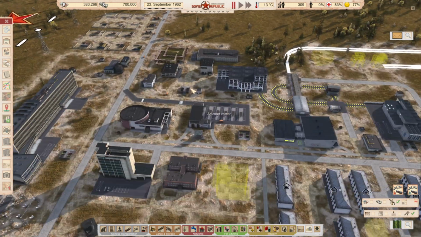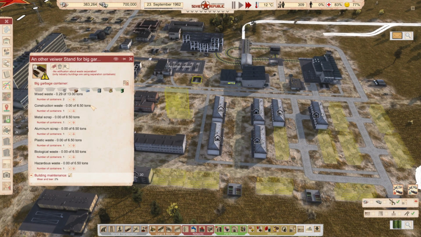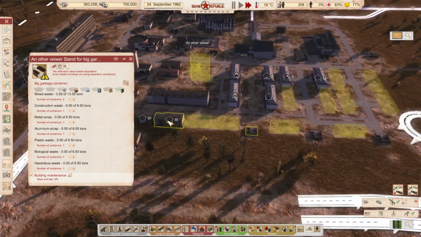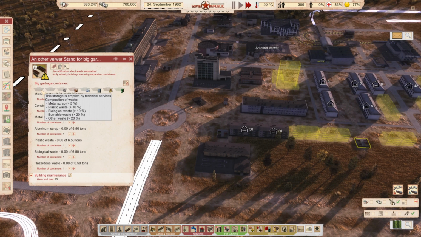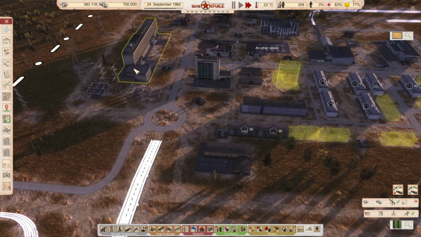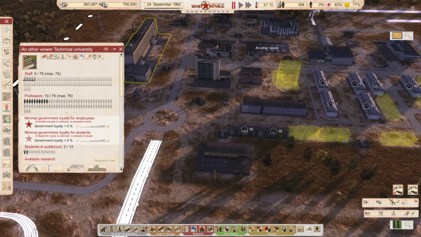I also would like to see how our trash situation is going. So here we have already filled up a little bit of trash. Now this is going to be filled up completely before it's being emptied out. 6.5 tons before they do anything here. Let's see here. How are we doing here? I think maybe we should be able to